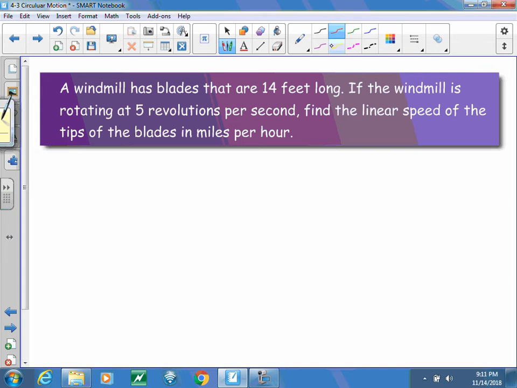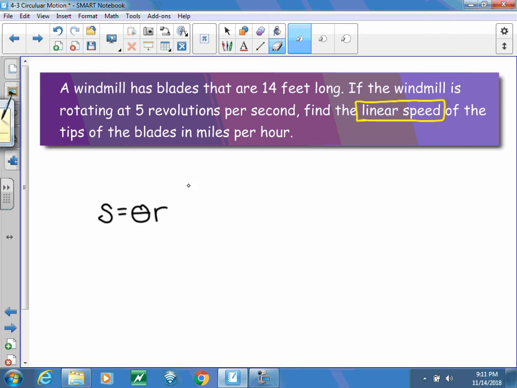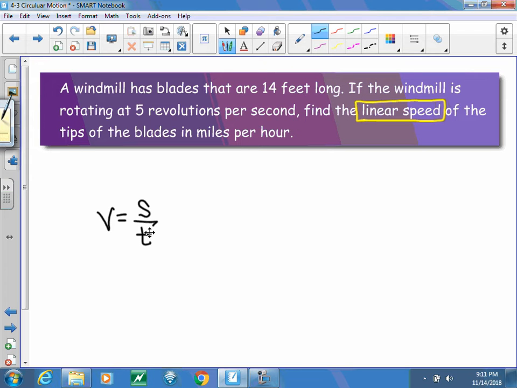First of all, keywords. It's asking us to find the linear speed. So that tells me that I'm going to be working with S is equal to theta times R. I'm sorry. Thank you. I want to find the speed. So I'm looking at V is equal to S over T. Sorry about that. And in order to do so here, that means that we have to figure out what our